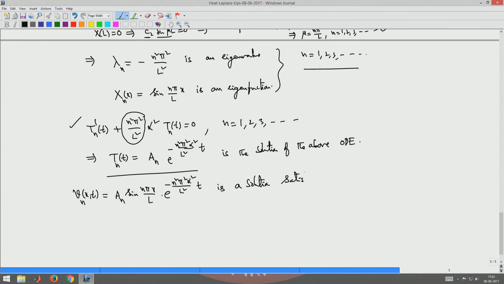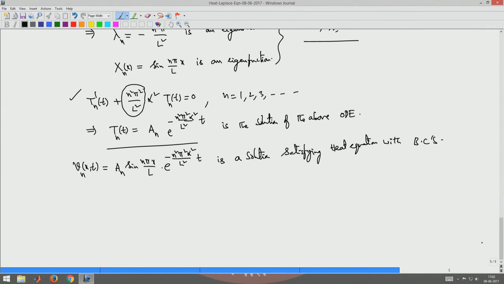satisfying the heat equation with boundary conditions clearly. So far, each of these is satisfying the heat equation with boundary conditions. So I superpose all these solutions for each n, where n is running from 1 onwards. If I superpose these solutions, this sum is also a solution, which you call